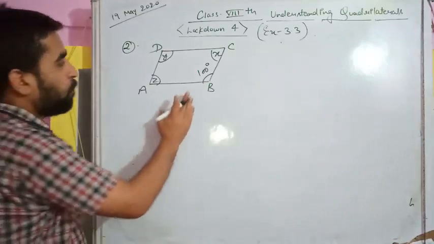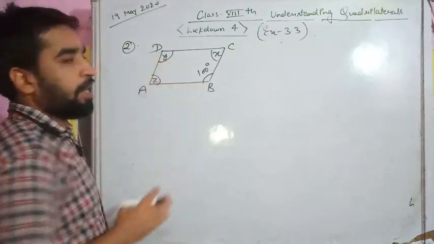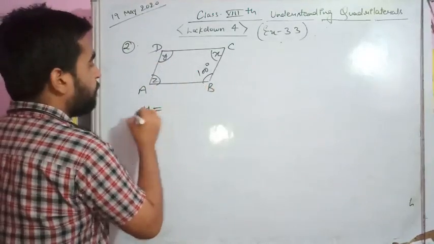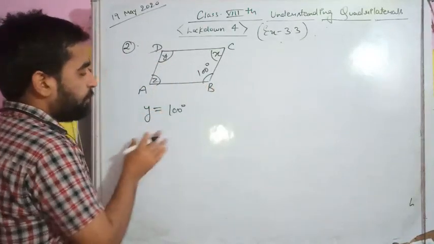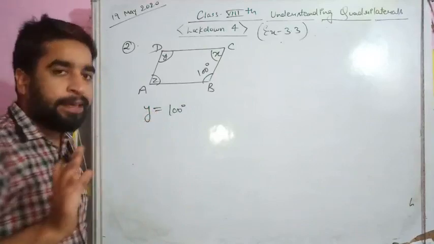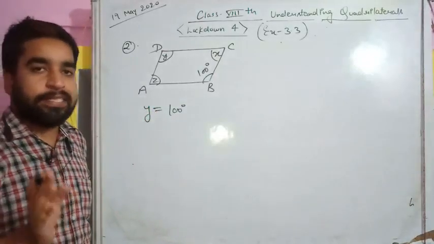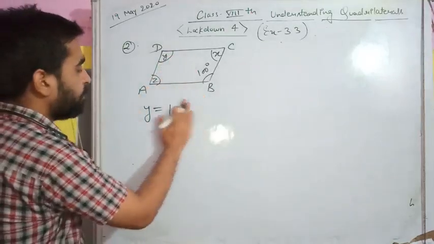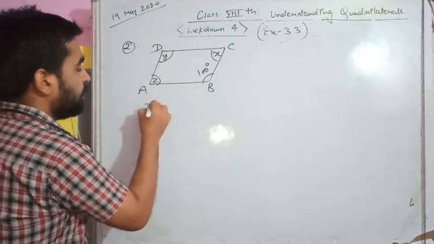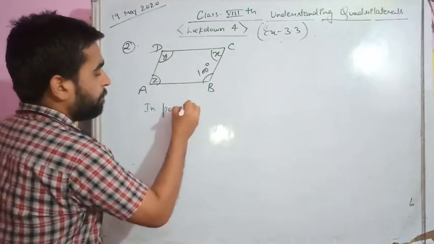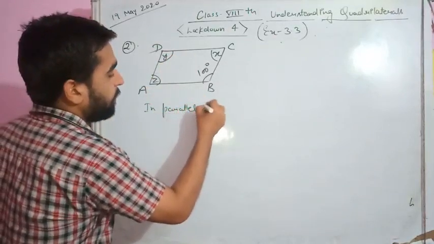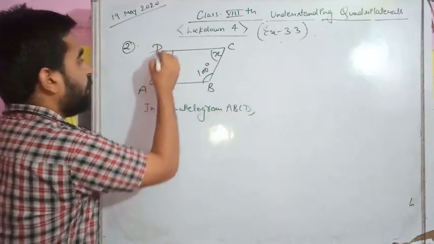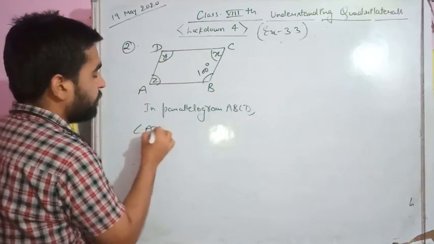So one property you have to remember, that opposite angles of a parallelogram are equal. So if this angle is 100 degree, so Y will be equal to 100 degree. We should actually mention this in terms of the vertex. So directly we should not write this. So we will write like this: in parallelogram ABCD, angle ADC, because this angle is angle ADC, will be equal to